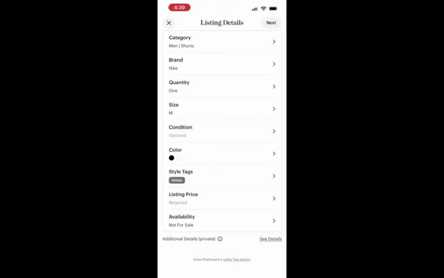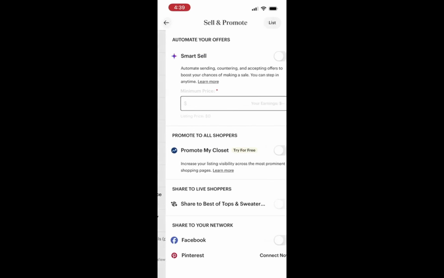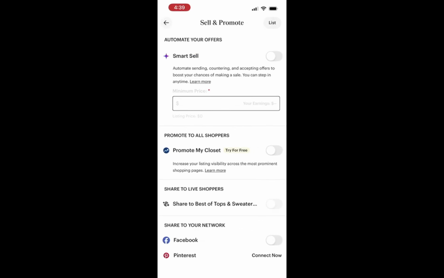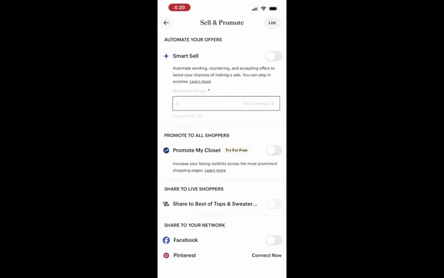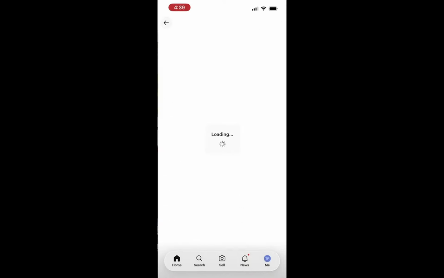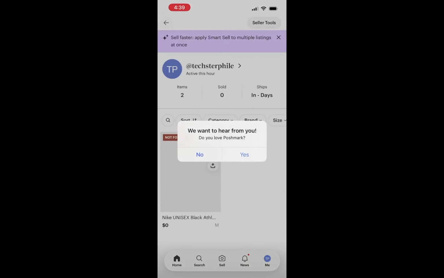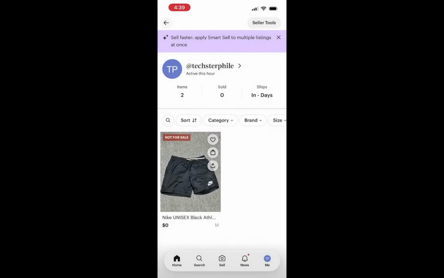Note, since Poshmark doesn't support a dedicated unisex clothing category, many experienced sellers create two separate listings, one under men and one under women. This approach can help you reach more buyers. If you choose this method, remember to remove the duplicate listing as soon as the item sells. This prevents the possibility of accidentally selling it twice.